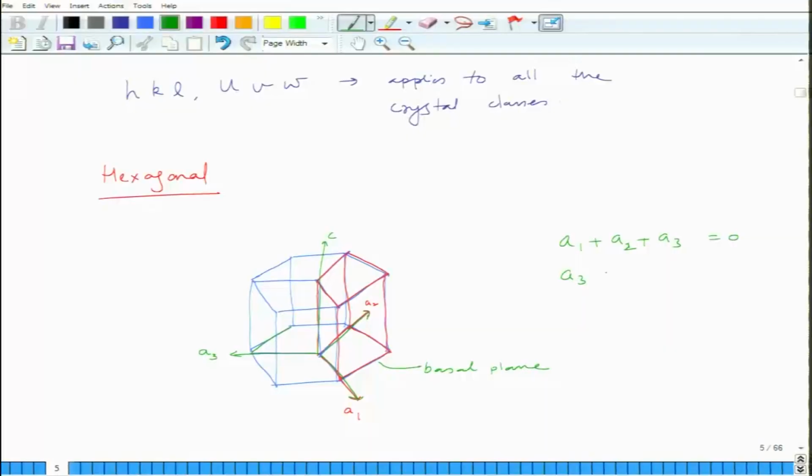So basically A3 in some sense will be minus of A1 plus A2. So we define a new system, so instead of the 3 axis HKL system we take HKIL, where this is a plane, where H plus K is equal to minus I, but the direction